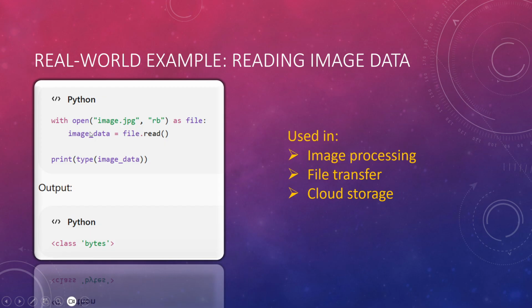So file.read will read your values, and you can print them. Here we are reading it, okay? And it is typing image_data, what type of data it is. Whatever is read, because it's an image, will be in the form of bytes, right? Because it is saved as bytes. Whatever images we see, they are saved as bytes, okay?